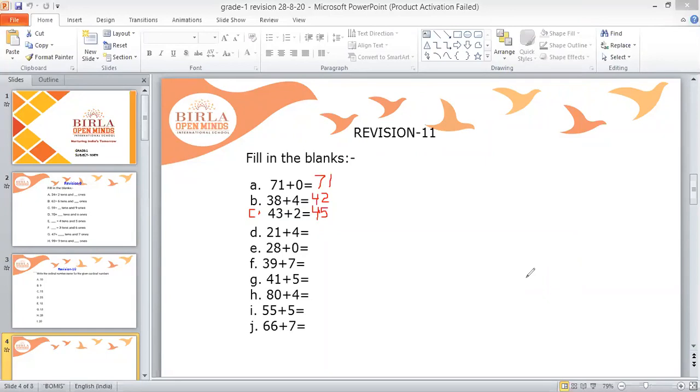So now 21 plus 4 equal to... Swarnika. Swarnika, are you there? Yes, ma'am. Yeah, tell me 21 plus 4 equal to how much? 25. Very good. So children will count forward 4 after 21. So 21 plus 4 equal to 25. That's the correct answer. So we'll write here 25. Okay. Tanvisri. Yes, ma'am. Yeah, read fifth bit, E bit.